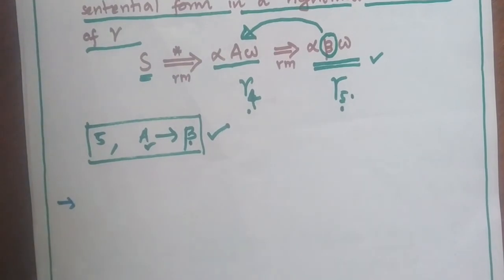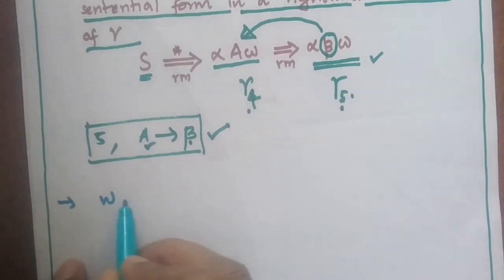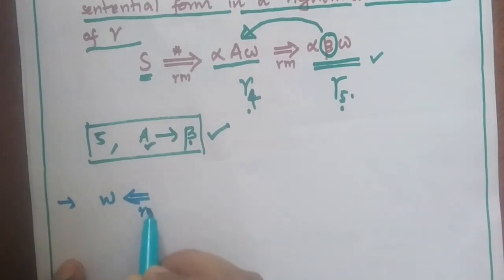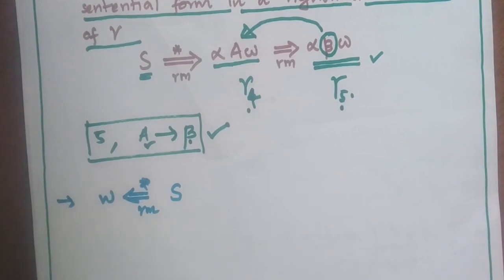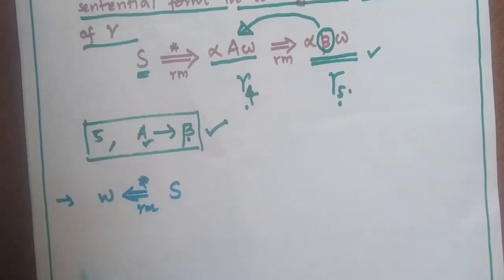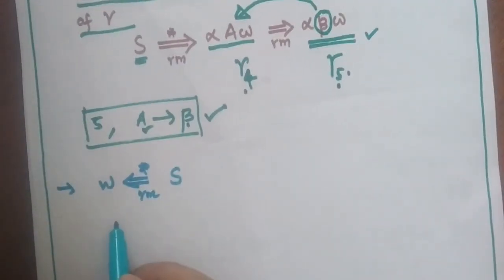Then we have a string W, and our purpose is to derive it: we start from W and we reach S. By going through all the way from W to S, at each step we will get a rightmost right sentential form of W. So in rightmost derivation we will start from S.